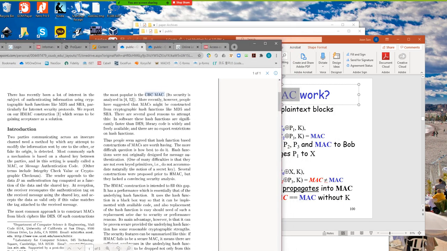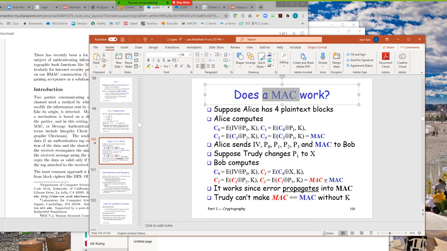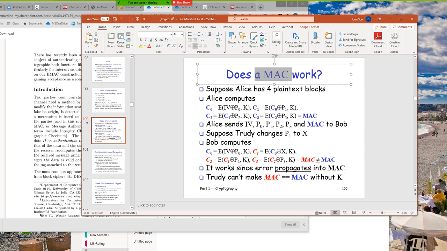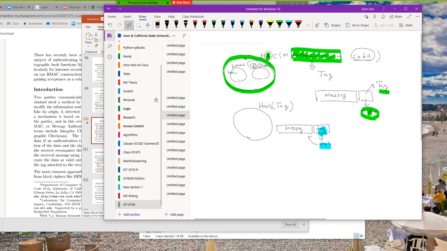Okay, but in general, and this is the, where's my note? Okay, so what it really means is this. This is the MAC, and in the MAC, there are two different types. Mainly, there are